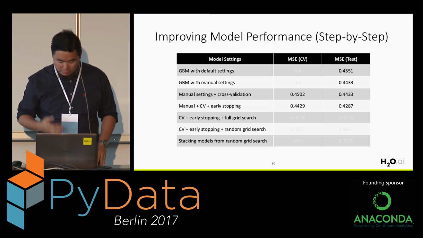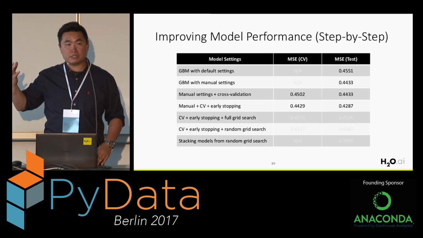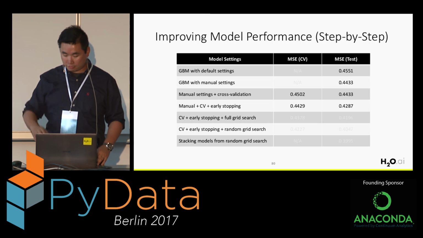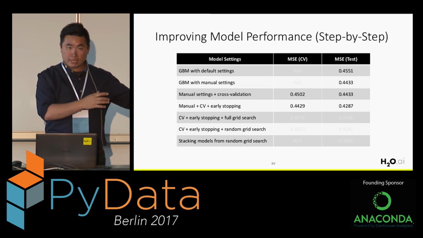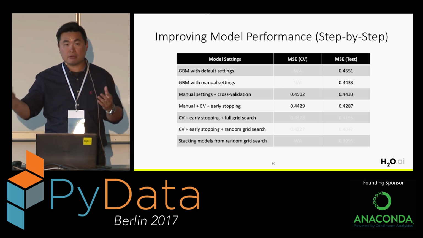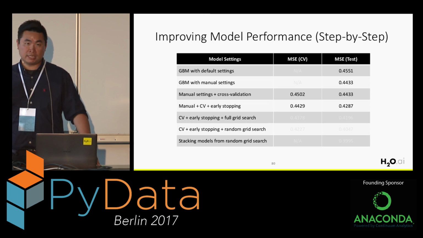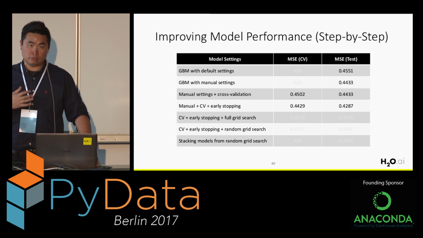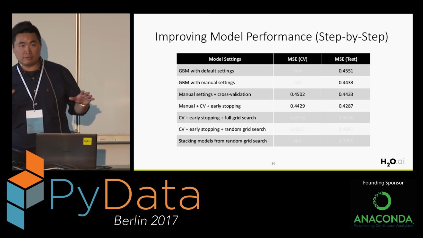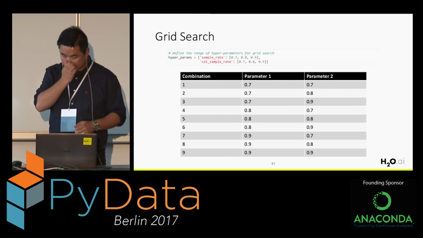Okay. So the next step: I showed you how to use early stopping, but that's only based on the manual settings I gave. So the manual setting for sample rate 0.9, and the column sample rate 0.9, 90%, but that's only based on my experience. Sometimes it doesn't work for all the data sets. We want to use H2O to actually do a grid search and look for more options, more combinations of different settings. And that's what the next step is about, grid search.